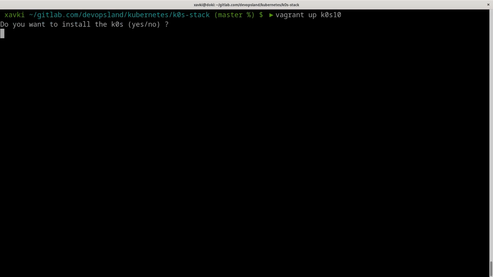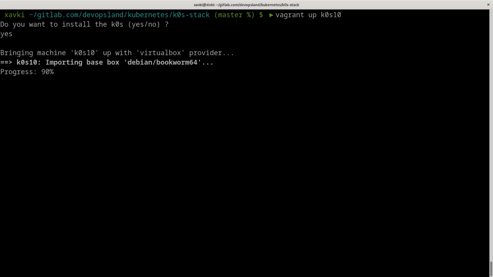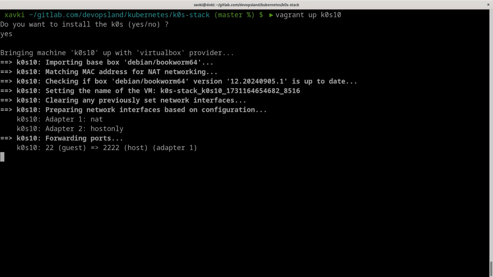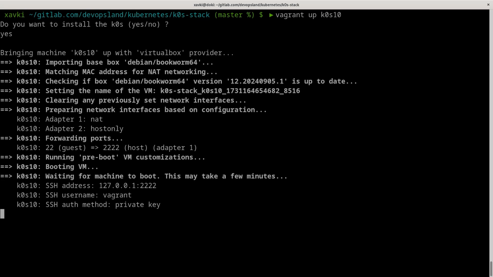We have our prompt. Of course, I want to install the cluster now. So we download the box again. Previously we already downloaded the box, so this is fast, of course. Now Vagrant waits to have the virtual server up, and after that it takes a few seconds.